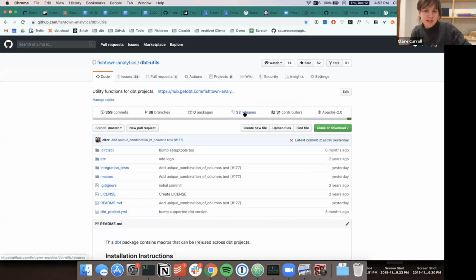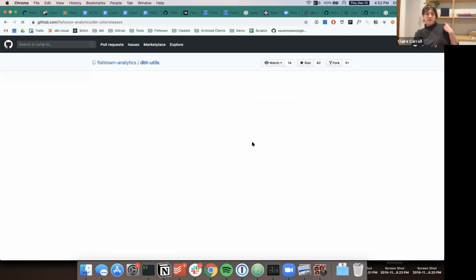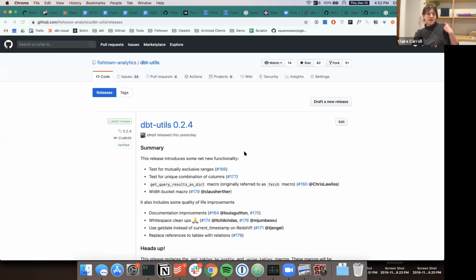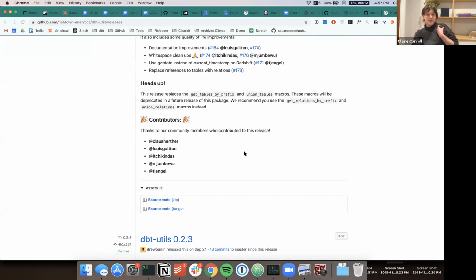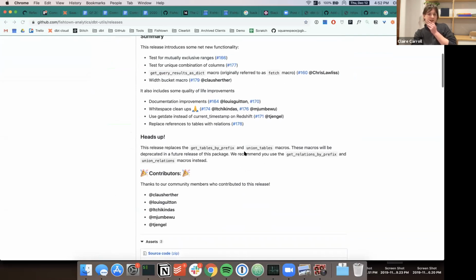We did a release yesterday, as I said. That was some new functionality we built. We also had a huge number of contributors, possibly because we'd gone a while between releases. But yeah, some other good stuff in there as well. A cool query to make working with like statements and the run query macro even easier. You don't have to look at the Agate documentation anymore if you use this query, which is a big relief for me. And a macro that Klaus wrote, which takes some Snowflake functionality and ports it over to Redshift and BigQuery as well.